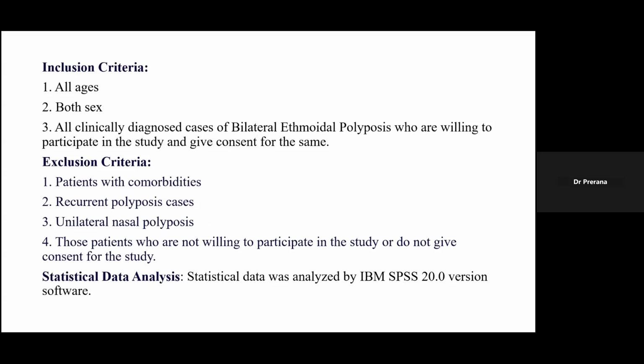We included all the patients who were clinically diagnosed with bilateral ethmoidal polyposis and who were willing to participate in the study and gave consent for the same. We excluded the patients with comorbidities, those patients who had recurrent polyposis, those who had unilateral nasal disease or nasal pathology, and those patients who were not willing to participate in the study or did not give consent for